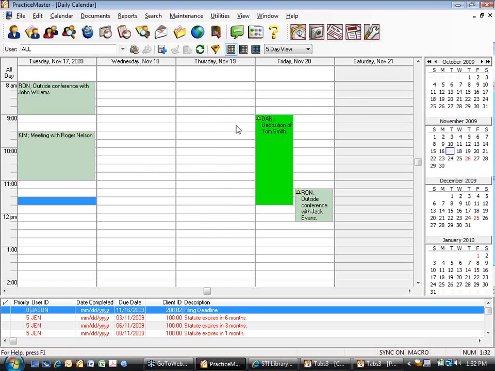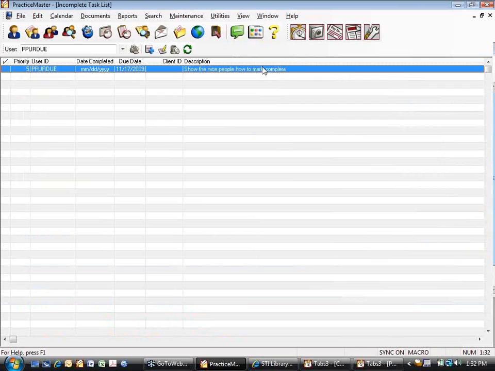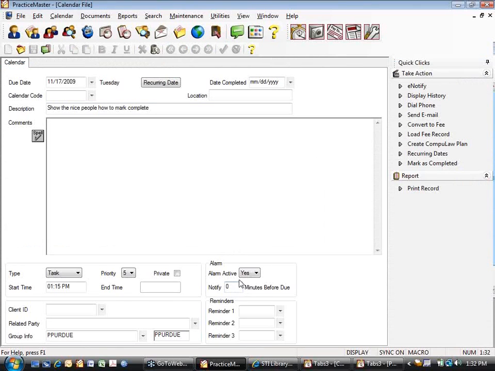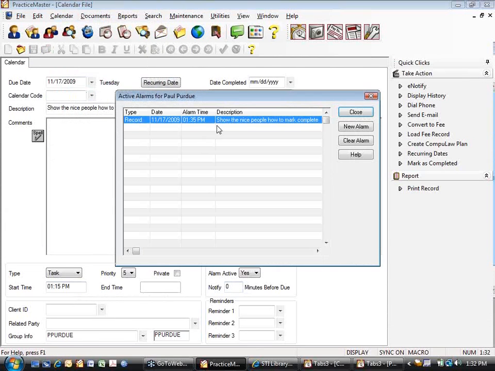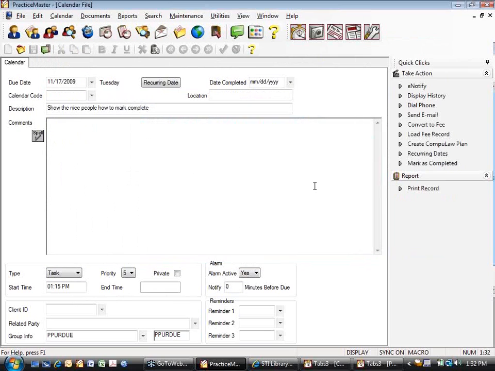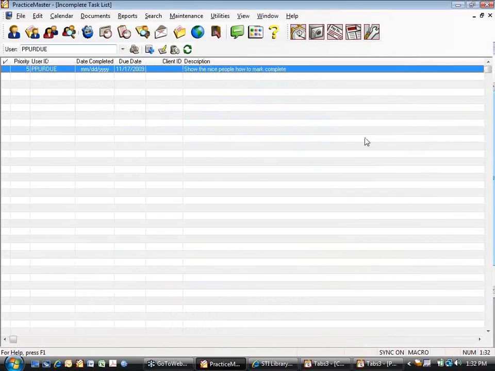There is now a feature that may seem rather innocuous, but it is a lifesaver to me. I'm going to real quickly get into the task window, and I'm going to go into active alarms, and we'll just let this pop up in a minute. There is now a feature that when you get this pop-up that tells you you have to do something, there's still a snooze button. There's still the ability to snooze for a predetermined amount of time, but there now is